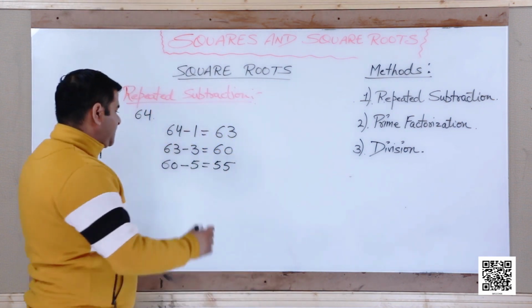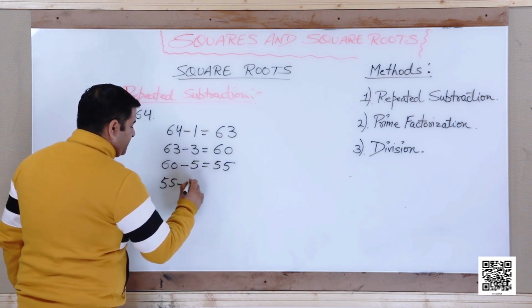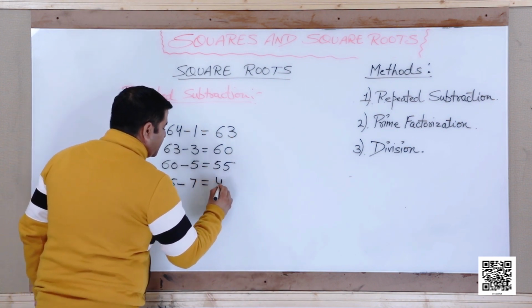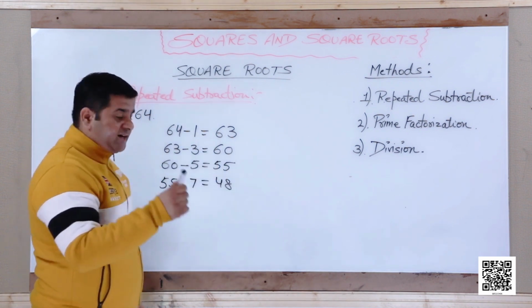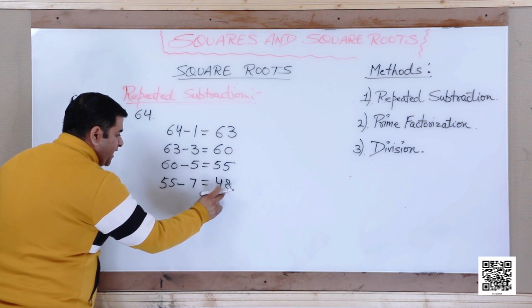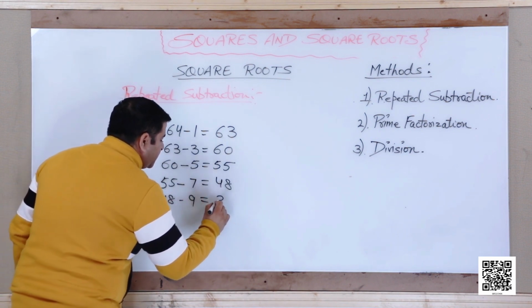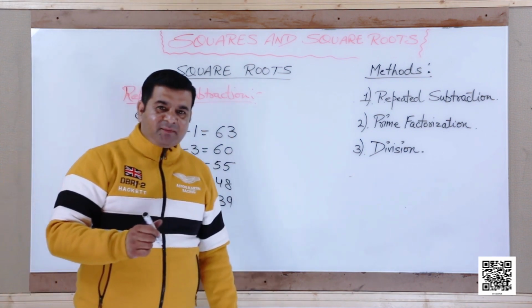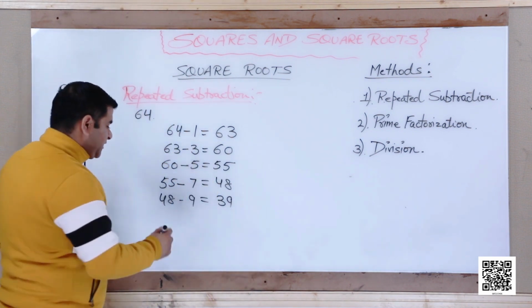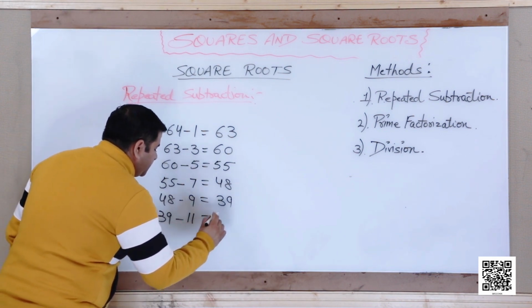It's 7. So, 55 which was left minus 7 and we get 48. Which is the next odd number? It's 9. So, we subtract 9 from this 48 and what do we get? We get 39. Which is the next odd number? It's 11. So, 39 minus 11 we get